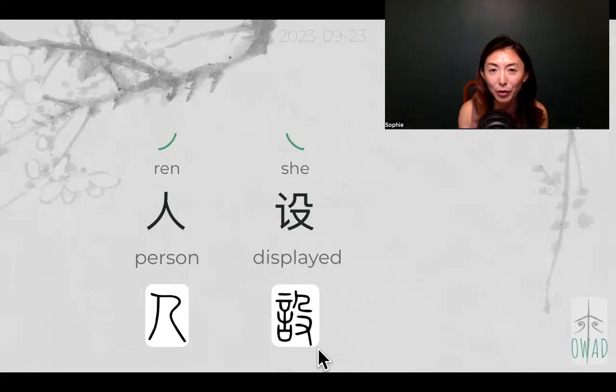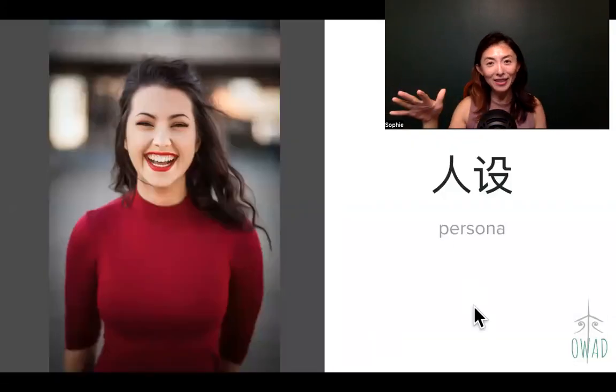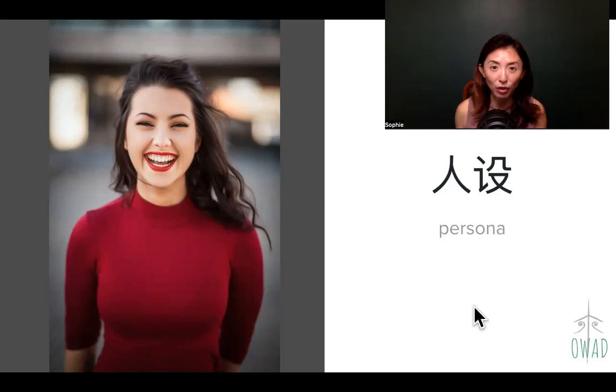I mean, language matters. It transforms how we think about things, right? However you say it or however you do it, forcefully, it is going to change the shape and form or the presentation of something. So that combined together in contemporary language becomes displayed. So this person displayed is the English equivalent of persona. So you never see the full person in full view. Whatever you see on a 2D frame,